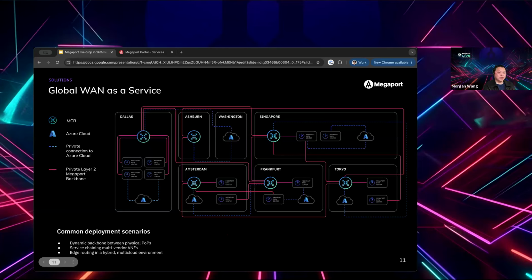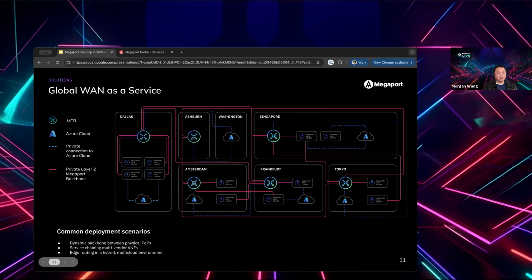They can also interconnect their data centers in different regions through the Megaport backbone. Not only that, they can also use MCR, the cloud router, to route traffic between public cloud and the different regions and data centers. So everything is more well controlled, rather than point to point where you have to provision a dedicated connection for any specific route direction.